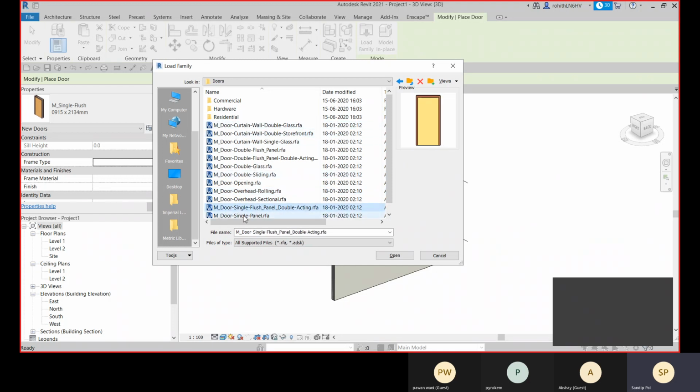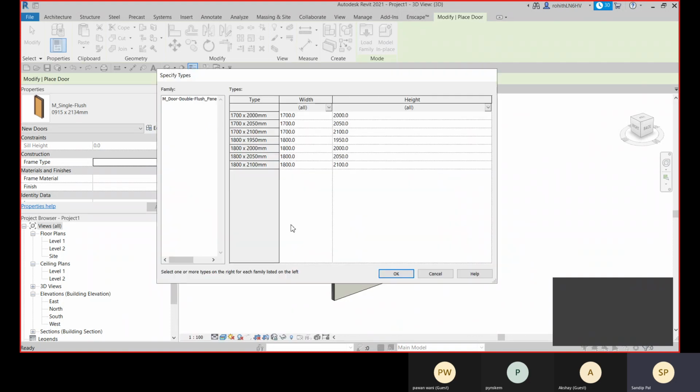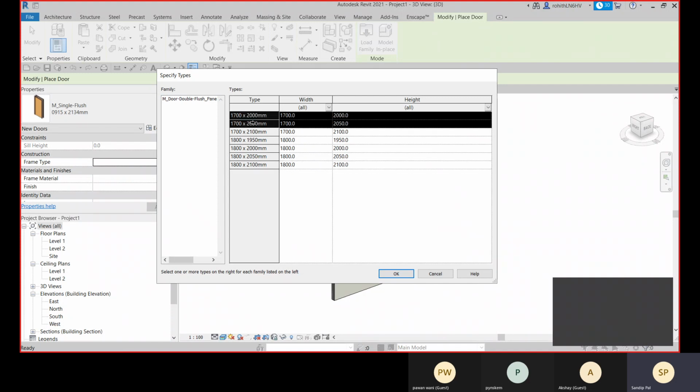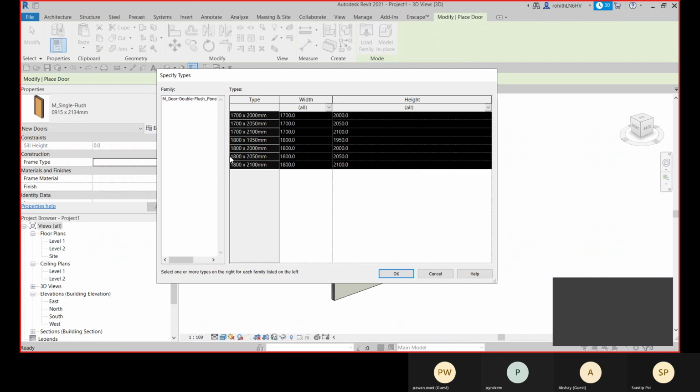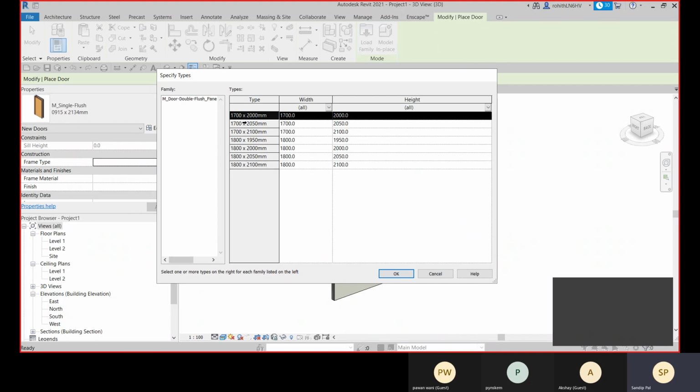Okay, so I'm going to use that. Click on open, and from it, select only the types you need. Okay, don't unnecessarily load all this. All right, suppose you actually need all this, so within just 2 clicks, how can you select all this?